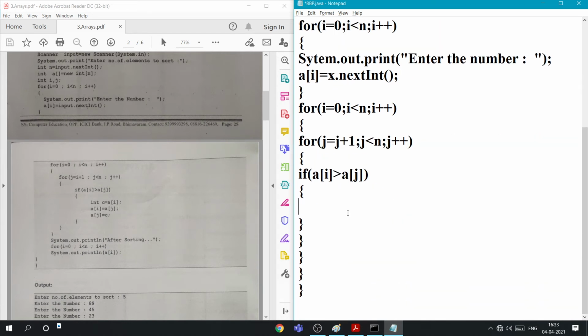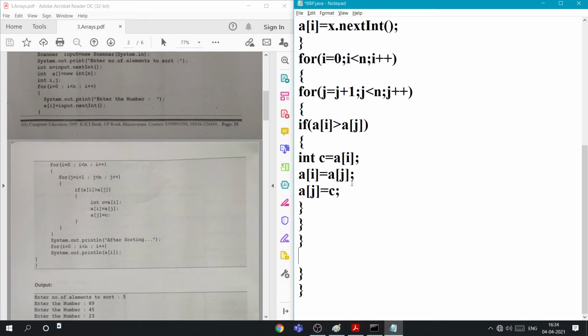I am taking a variable c, a temporary variable, to hold the value, like we are writing the swap algorithm. So c is equal to a of i, a of i is equal to a of j, and now a of j is equal to c.